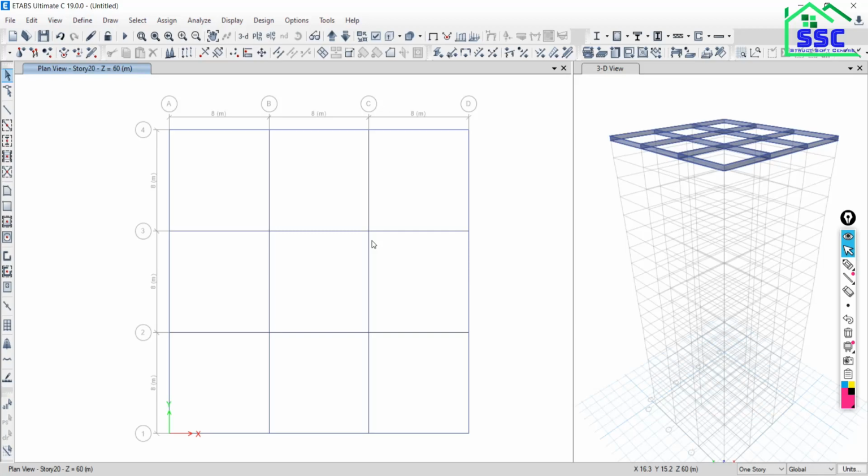Yeah. So what next I have to do, just go to, see, come down. If you want to move over the height, this is the option to move up, and this is the option to move down. So I am at 20th floor, so come down. So this is 19, come down. This is 18, come down. This is the 17. So this option is there.